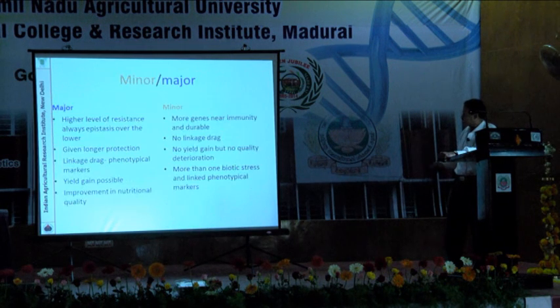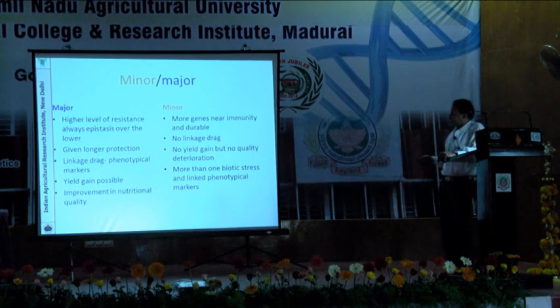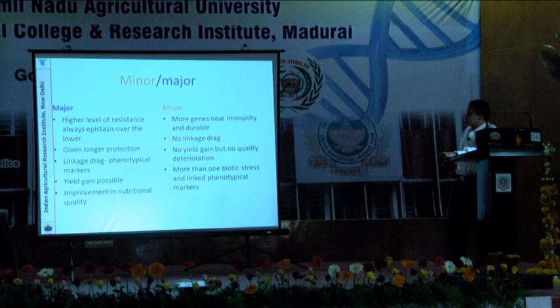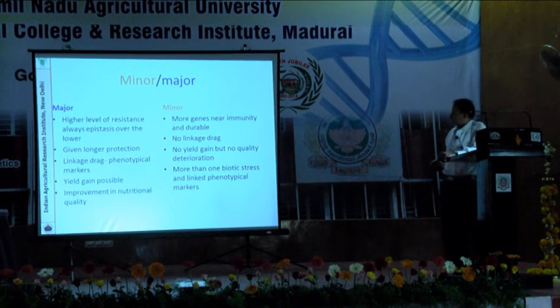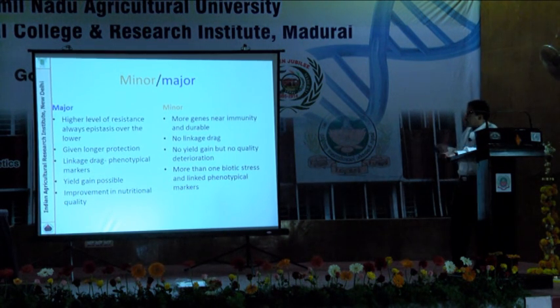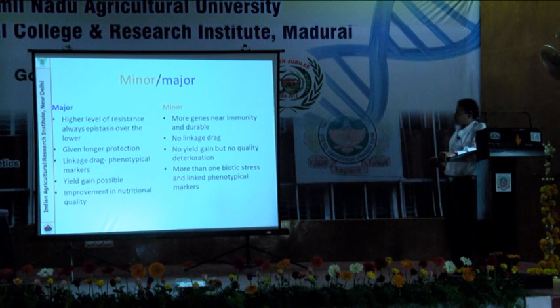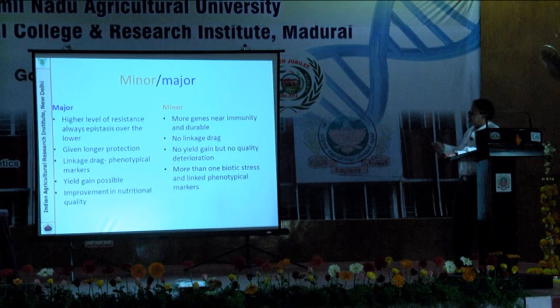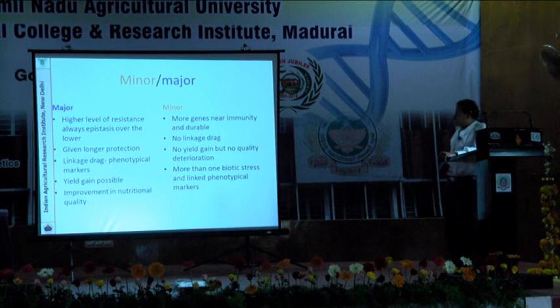I won't go into much detail on that. But the effect is that the higher level of resistance is always epistatic over the lower, giving longer protection. With the major genes, there is linkage drag for phenotypic markers, yield gain is possible, and improvement in nutritional quality is a contribution. However, the minor ones have near immunity and are durable, with no linkage drag, because none of the unwanted